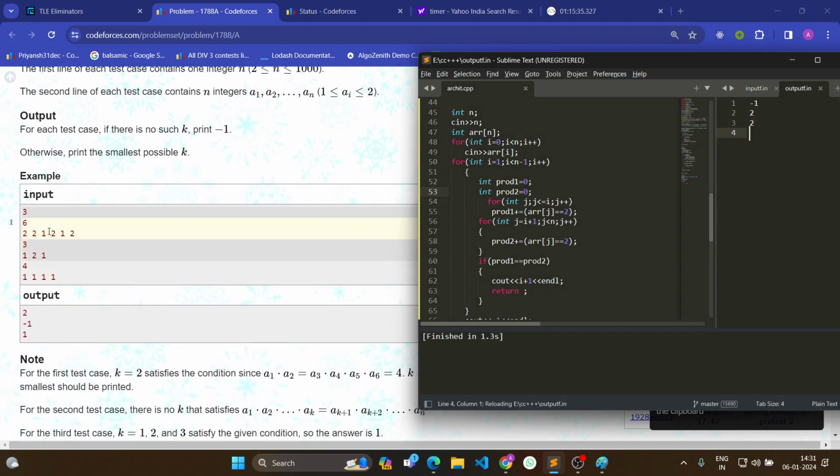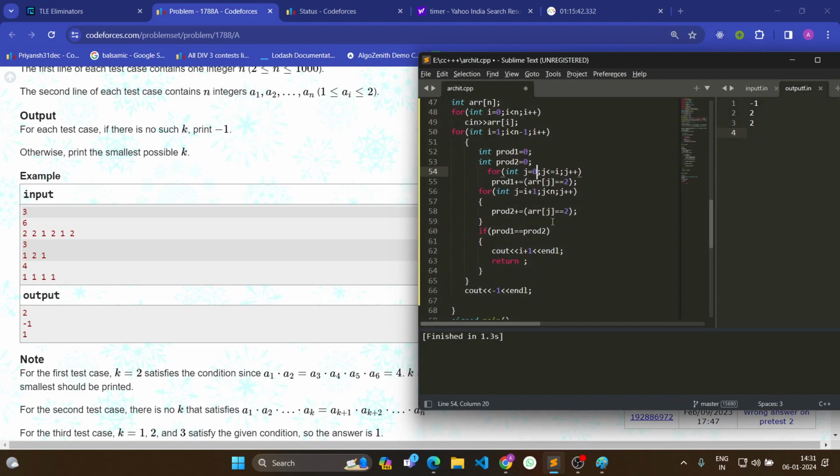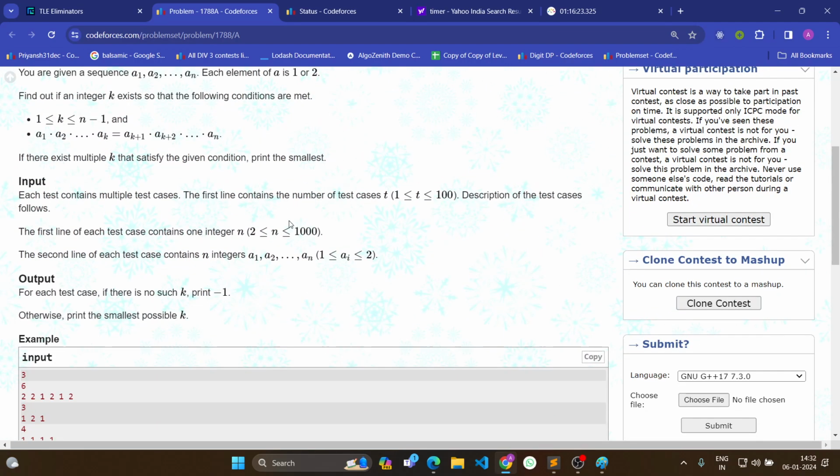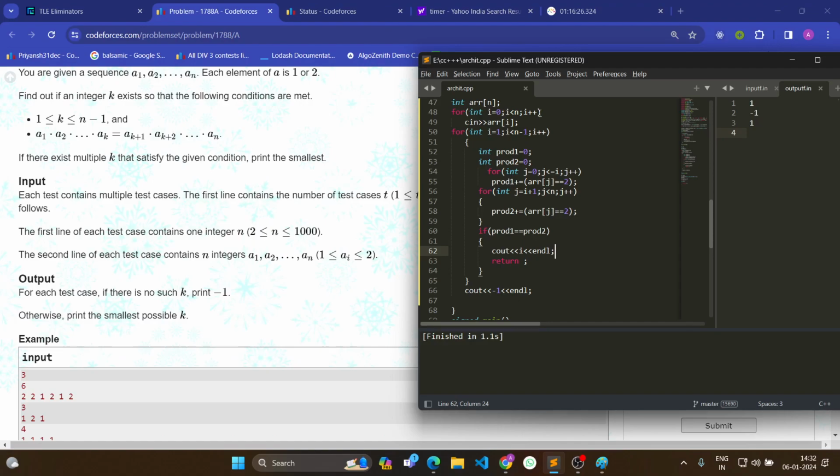Oh god, what is the problem? Okay. And why is it 2, it should be 1, right? No, starting from 1, that's why. Is it? Okay, let's maintain a count of int